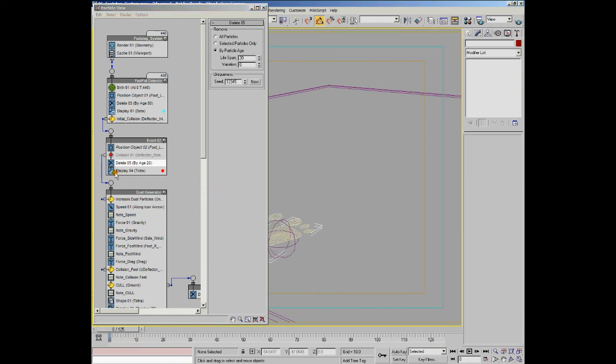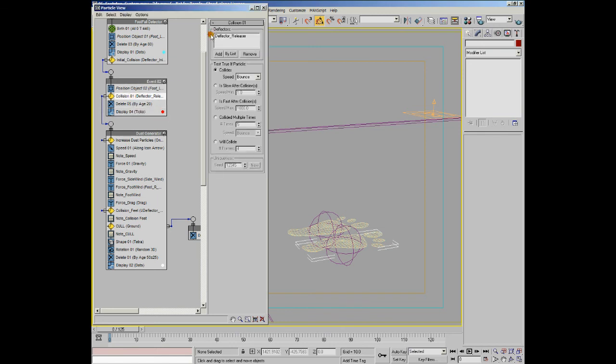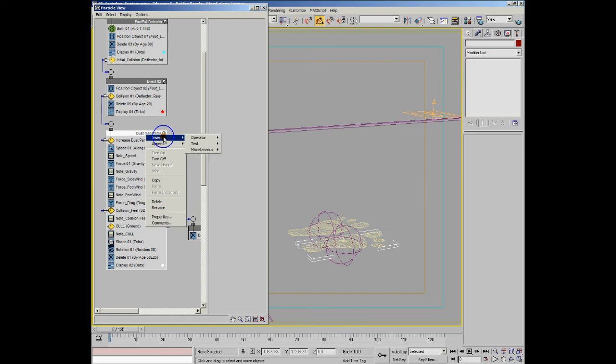If we go back to the beginning and turn that off and I press play, if you watch the particle count in this event, you'll see that it just builds up, and you get this increasing number of particles in here. So that's all this operator is here for. It's just to make sure that our particle count doesn't get too high. So we'll go back to the beginning. If I turn on collision, what happens now is that when the particles collide with this deflector called deflector releaser, which is pretty much in the same place, the particles get sent on to the next event, and you can see here this is where we've got, basically, we'll rename this